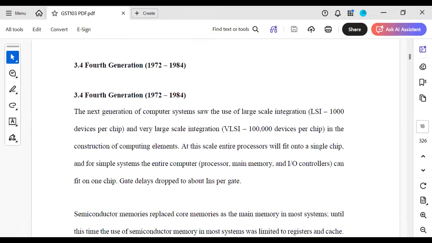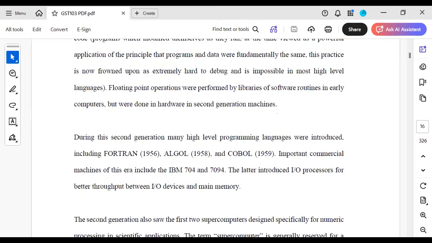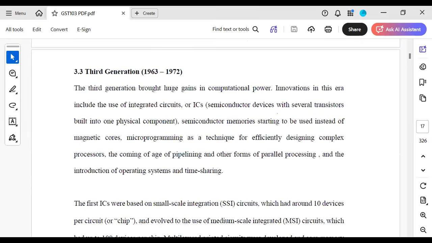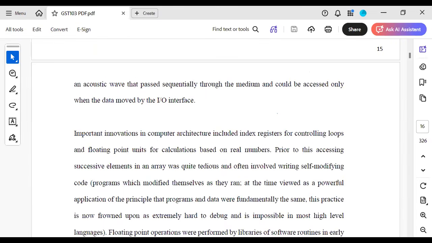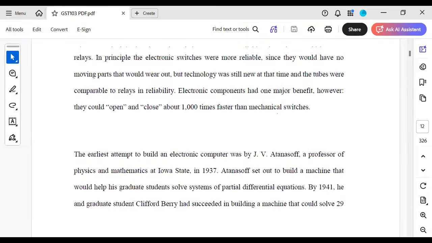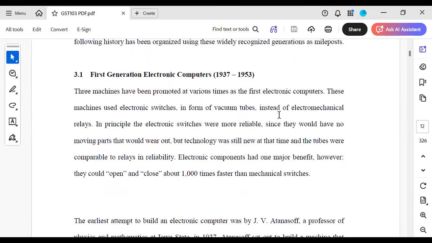Now, let's see our 1st generation. What happened in the 1st generation? What are the features of the computers they used in the 1st generation? There are some important things you have to pick here. You don't need to pick everything written here, but you need to know something about 1st generation computers. They were very large. One of the characteristics of 1st generation computers is that they are very large.